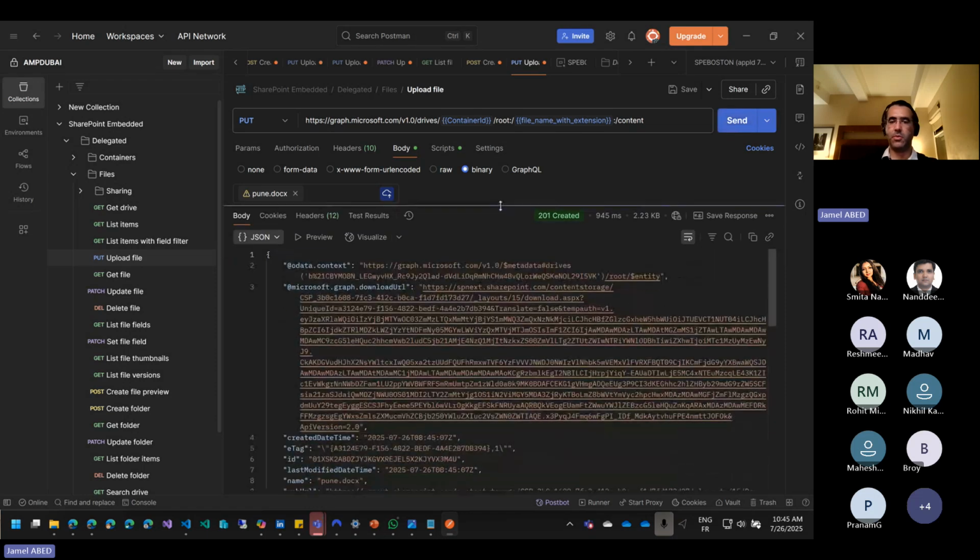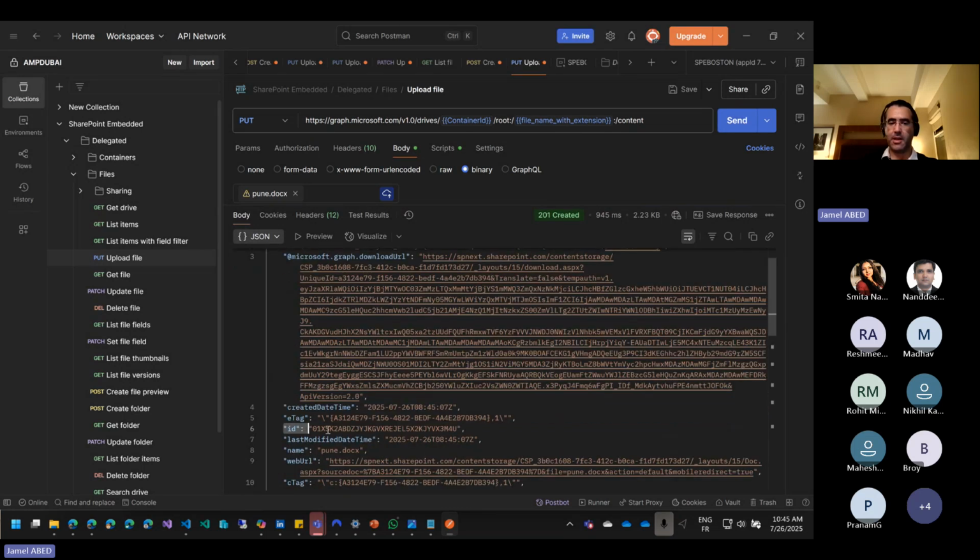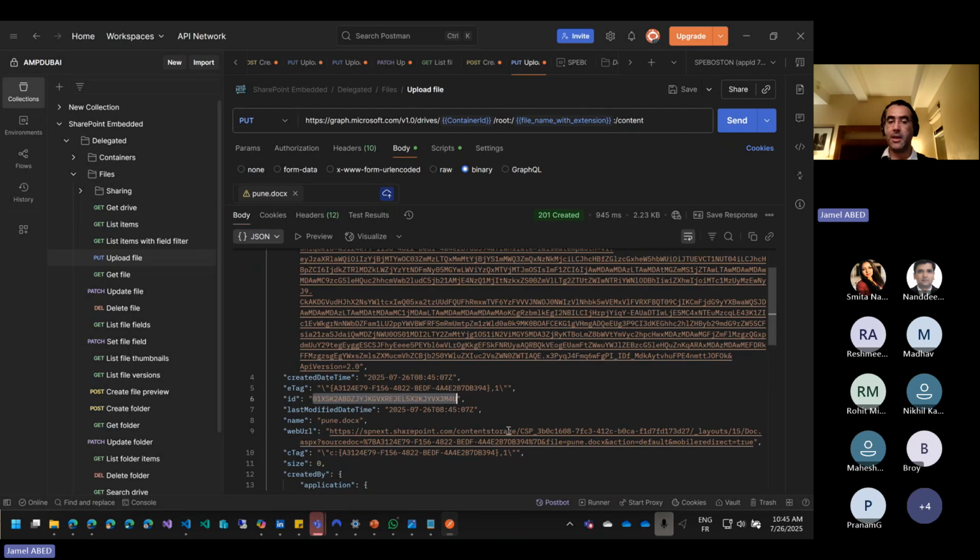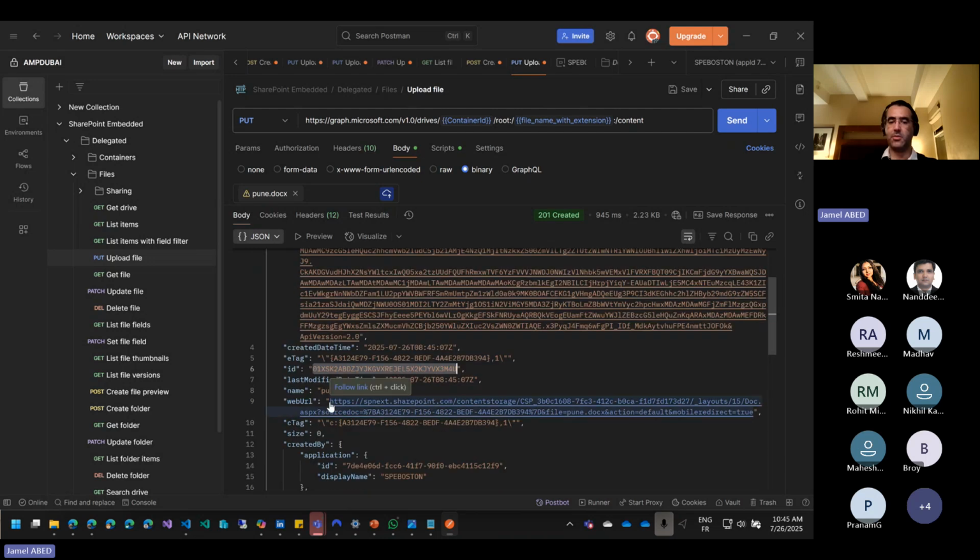It's very important, the result for the query. Here, what I did was use Graph API with Postman to upload this file. And in the result, I have the ID for this file inside this tenant. It's like this ID. And also we have many properties here. We have the link to open this file online. As you can see, we have content storage. If I take this link,